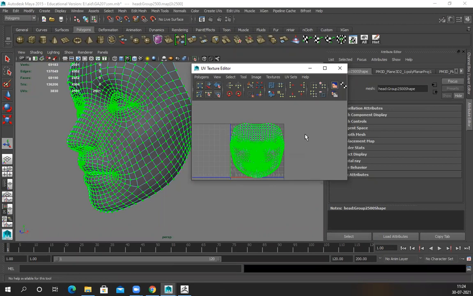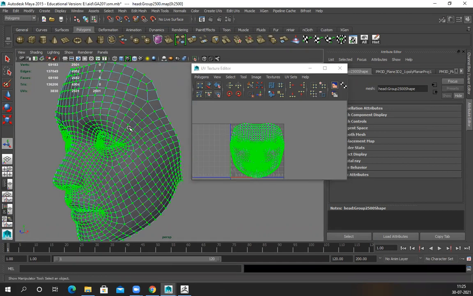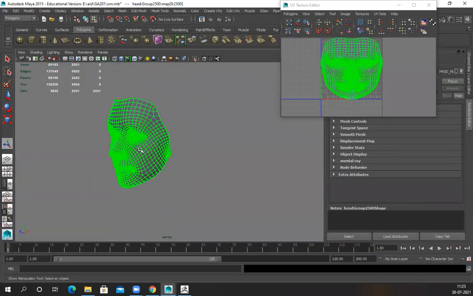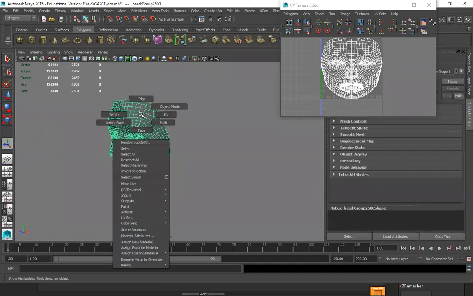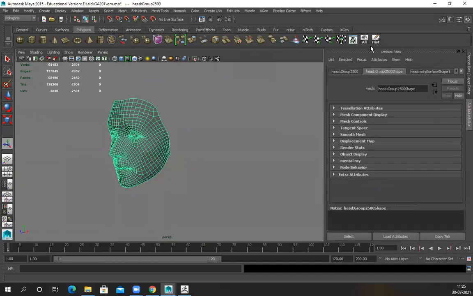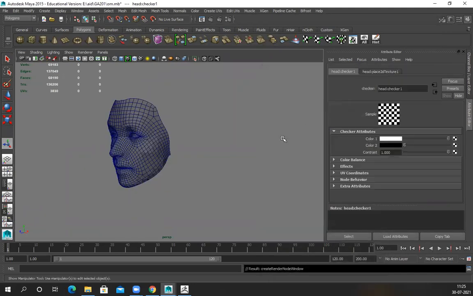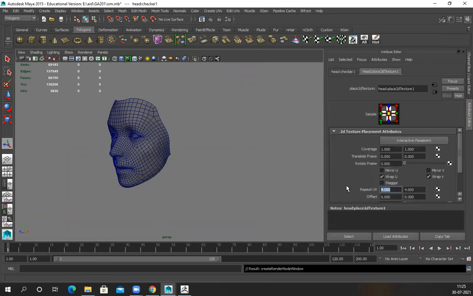It's a standard format. But then why do they call it pelt unwrapping for this? Pelt is basically you define the edges and stretch it, right? Okay, I'll show you what happens. Let me apply a checker map here, because facial unwrapping is slightly different from the rest. Yes, sir. So 20 by 20.